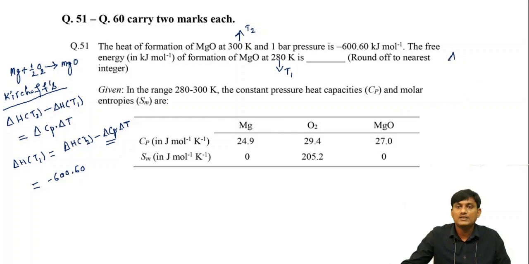Delta Cp is the sum of Cp of products minus the sum of Cp of reactants. Here, MgO is the product, and half O2 and Mg are reactants. So, what is the delta Cp? Delta Cp is equal to